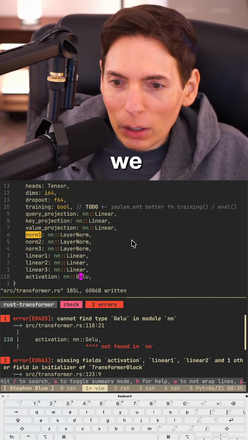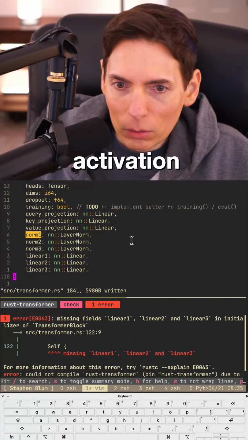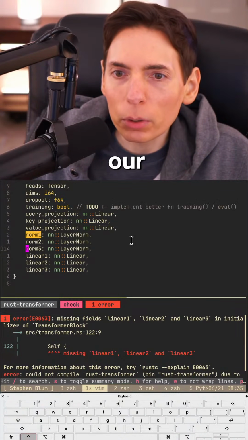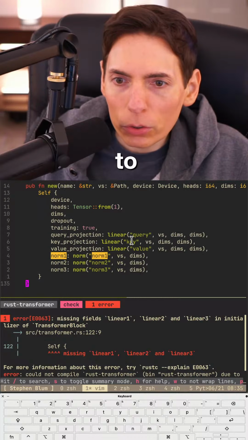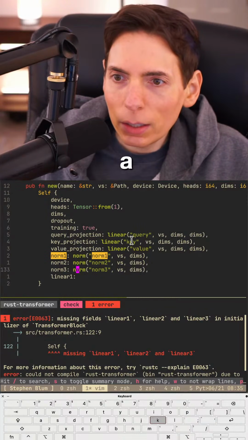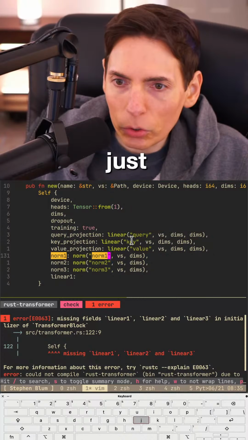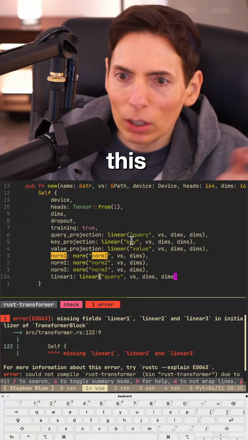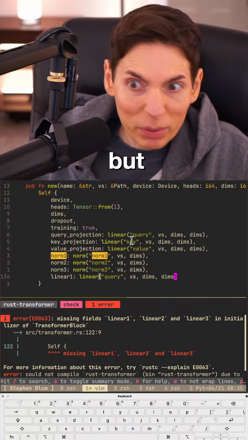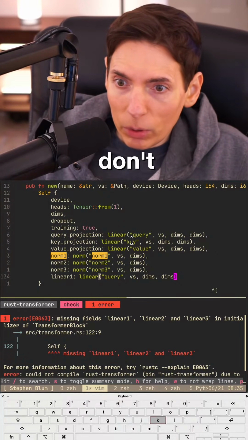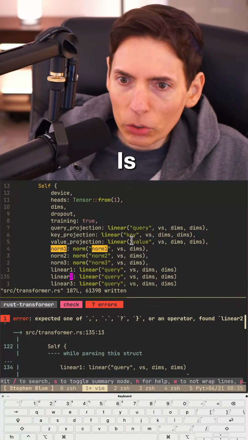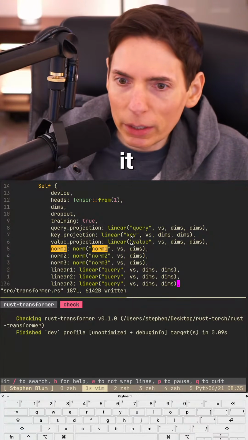All right, so then we don't need an activation. All right, let me take care of these linear layers as well. So in our block transformer, we're going to return linear 1 as a linear here. We'll just do this. And what are the dimensions? I guess it's just going to be dims like this. And then we also need an output projection, but that's not here. We don't need to do that here. We need to do that on... Is it green? No. Is it green now? All right, now we're green.